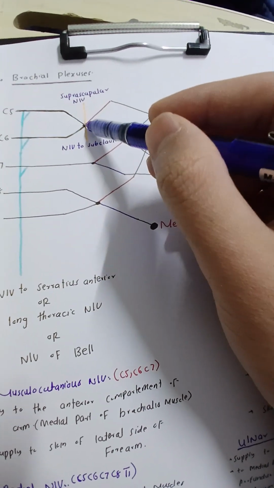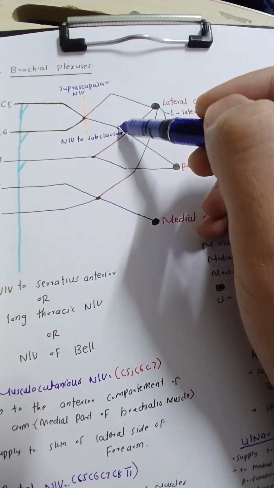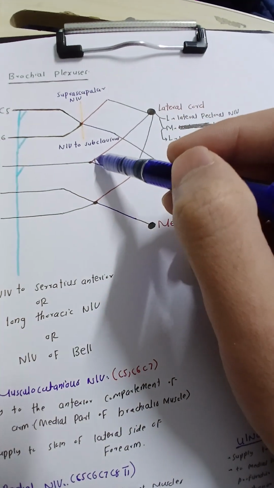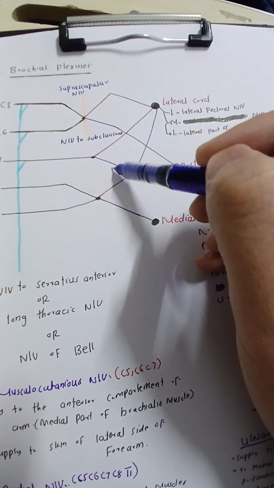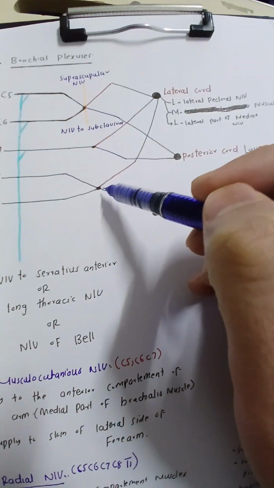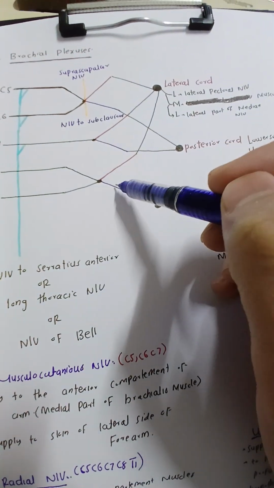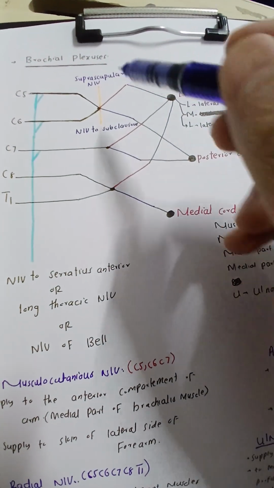You see the upper trunk also gives anterior division and posterior division. The middle trunk also gives anterior division and posterior division. The lower trunk also gives anterior division and posterior division. Then